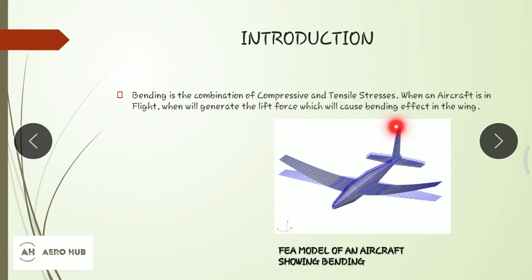When comparing all bending stresses, the wing will have the most bending stress, and it is an unsymmetrical section also. This is the reason why we are studying this particular chapter. The wing will be subjected to unsymmetrical bending because we have an unsymmetrical structure of the wing. This will be covered in the further lectures: why unsymmetrical bending happens in the wing.